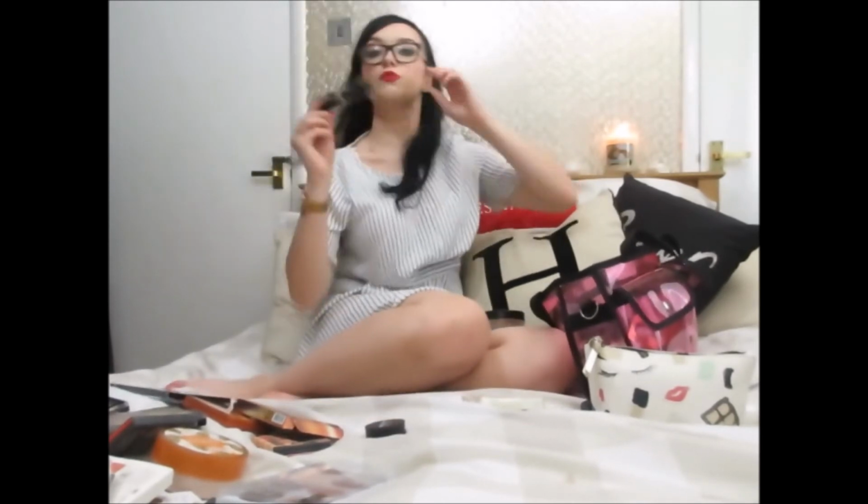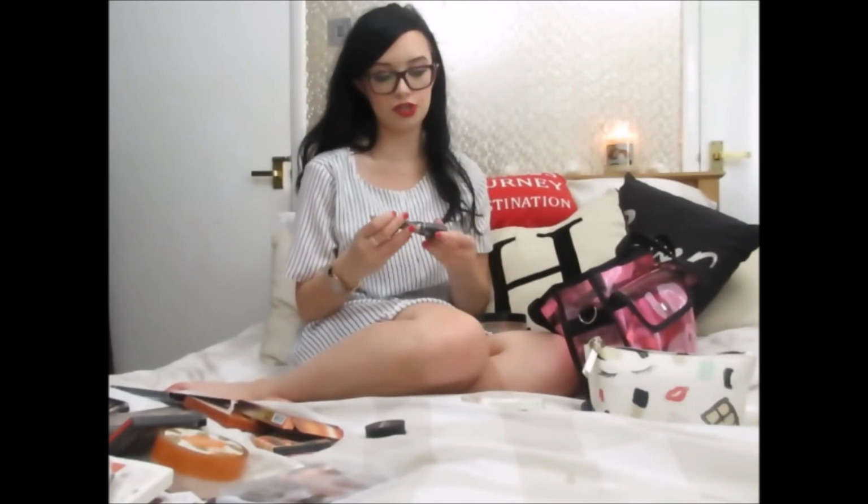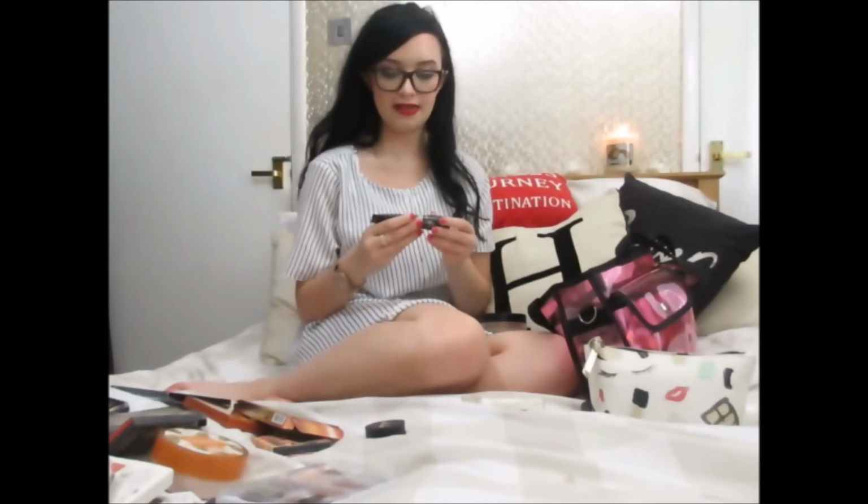My everyday foundation, which I'm loving, my original Holy Grail foundation that I used to use when I was younger was the Revlon Colour Stay in the shade Sand Beige. I don't fake tan, mainly because I'm learning to look after my skin and embrace the natural tone it is. If I ever have a tan, I'll go for a darker shade, but I've been using the